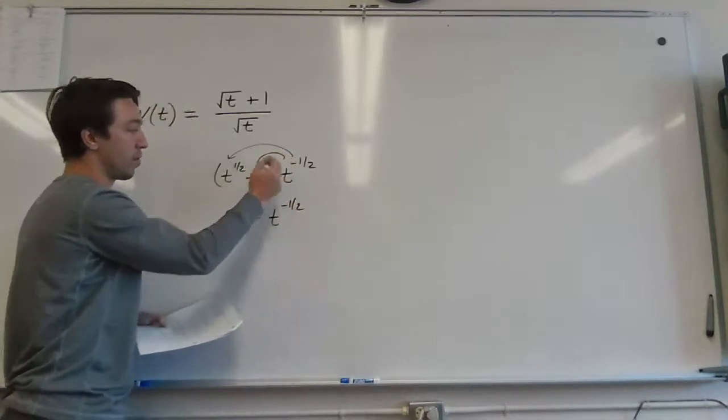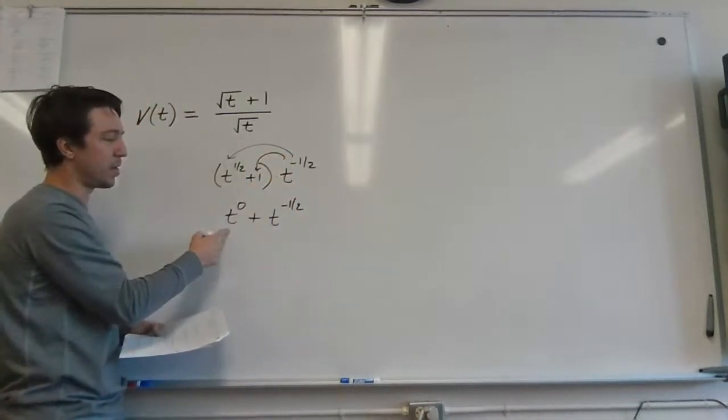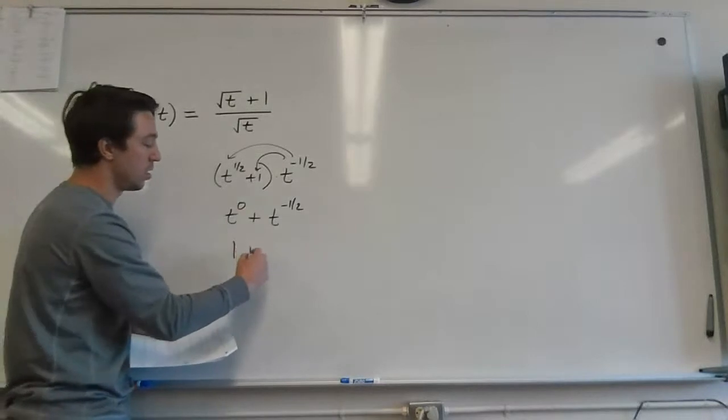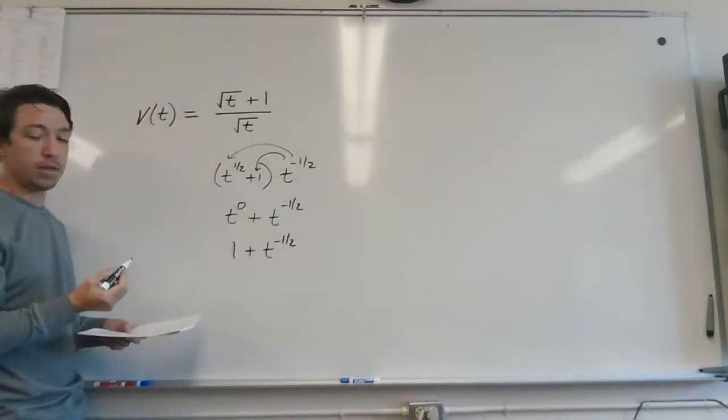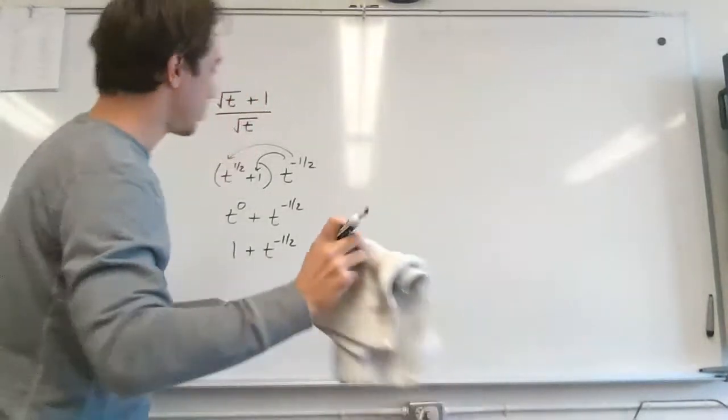And then that times 1, of course, is itself. And what's t to the 0 power? 1. So that's a pretty good approach. If that makes a lot of sense to you, that's a good way to do it. What I was thinking of is just use the fact that,